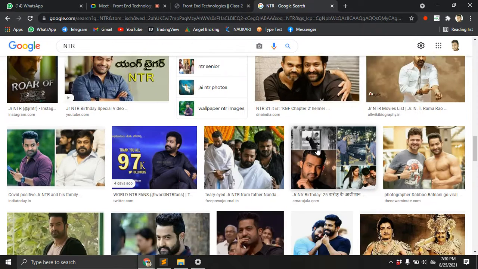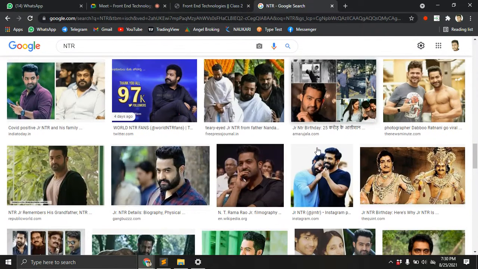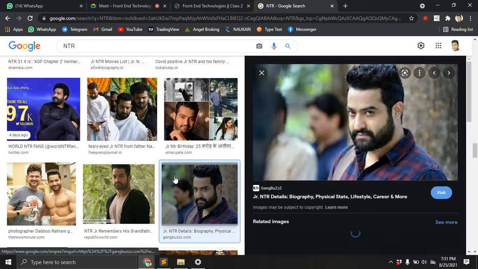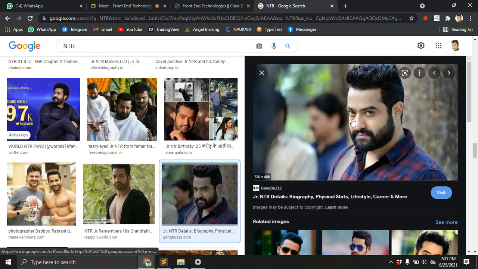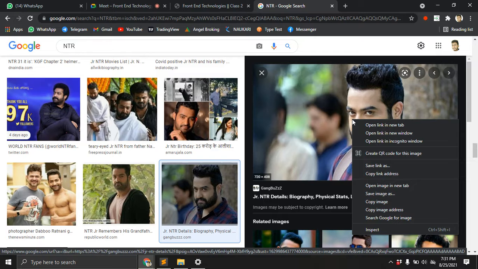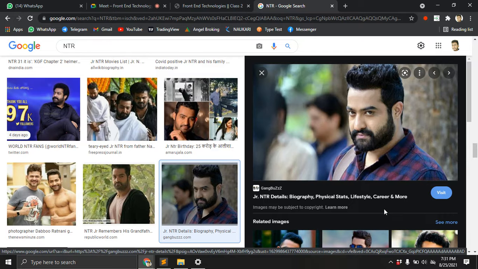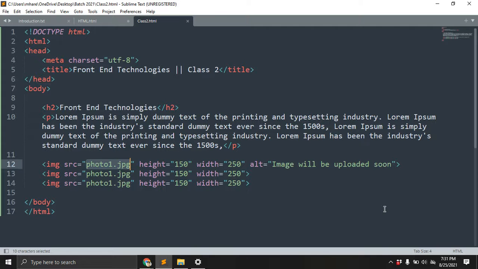Okay, wait. I think this is good. Just I want to upload this image. Let's see. You need to right click and copy the image address. Okay, copy image address. Let's go to the code.